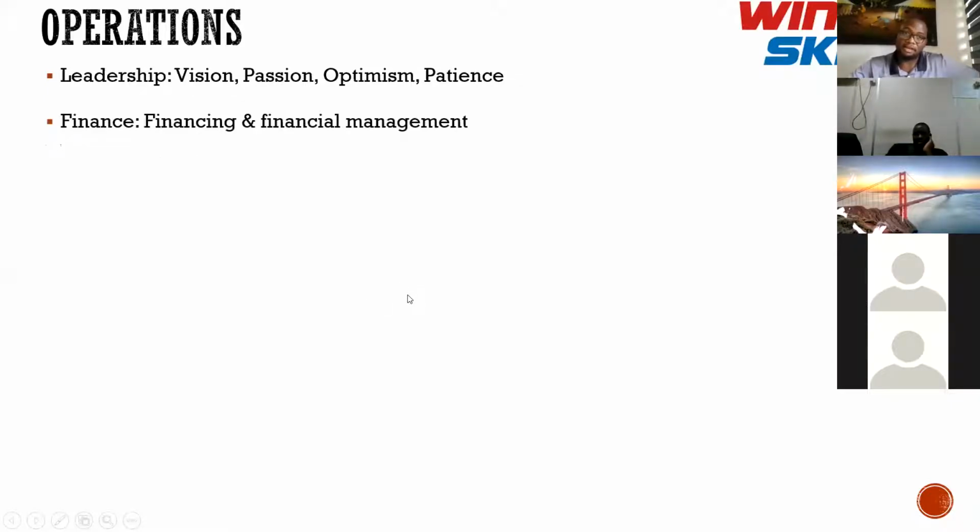So we'll look at some of these skills, but let's look at the operation of an organization generally. We have the leadership, of course, that encompasses the vision and the passion. Like I told you, you definitely need persistence. So that's where passion comes in. That's why persistence is the shield of the chart, the chart that shows you our role as engineers, our role as entrepreneurs, and how we combine those into an enterprise and also commercialize that enterprise. So we have persistence shielding everything.